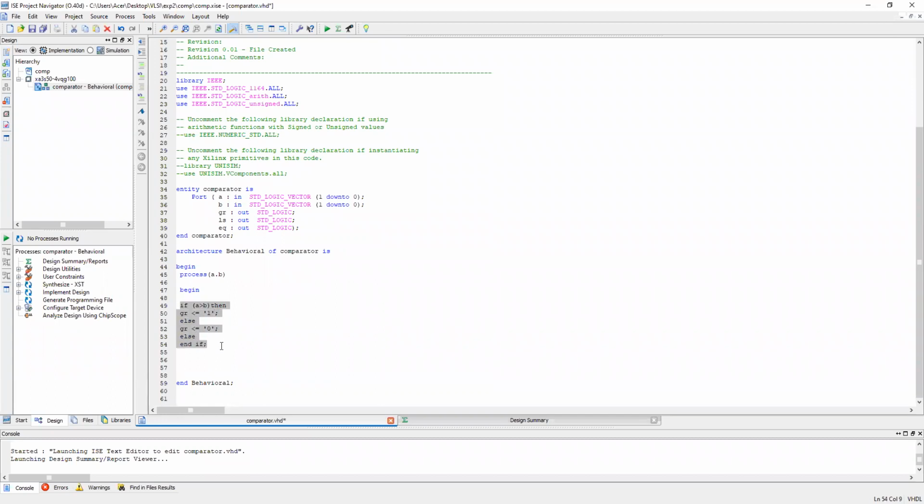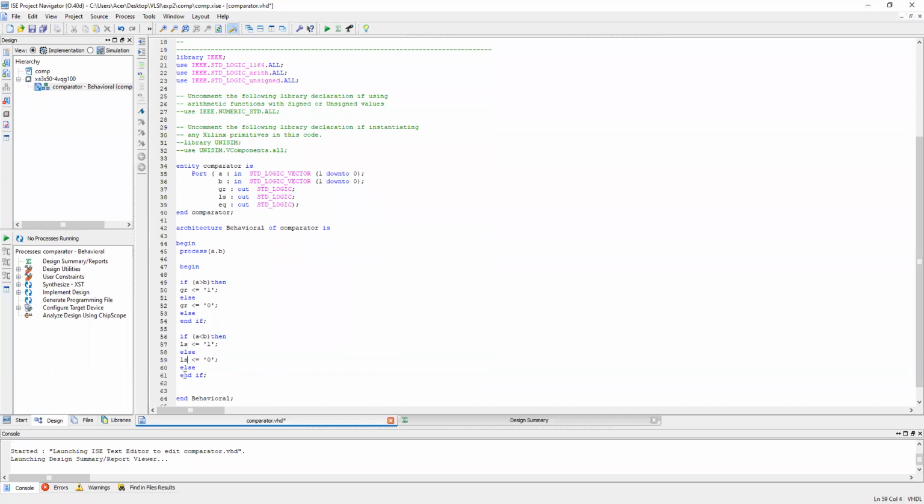Next, if A is less than B. Now what should it do? Then LS will receive 1, or else LS will receive 0.